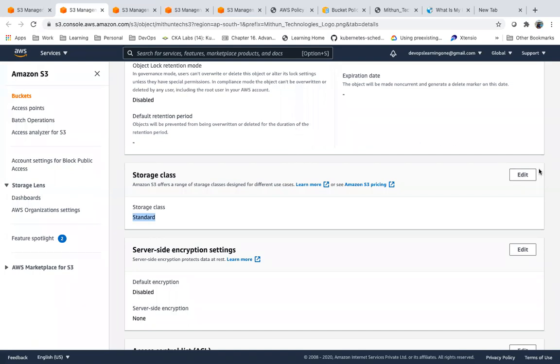Now, I don't want to manually change the storage class. Let's assume hundreds of files are getting generated and uploaded to the S3 bucket.